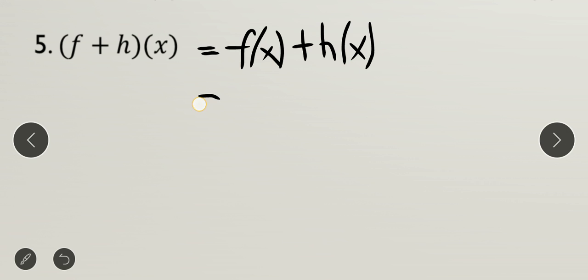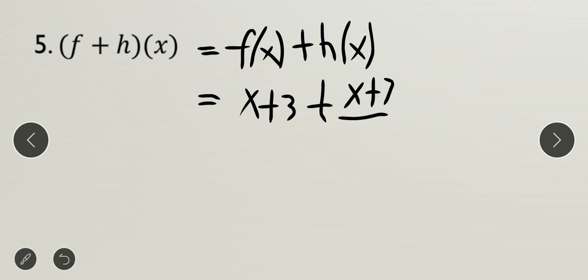But what is f of x? That's x plus 3. Plus, we are going to substitute the corresponding function of h of x, which is x plus 7 over 2 minus x. So basing from this line, this is our first term, this is our second term,